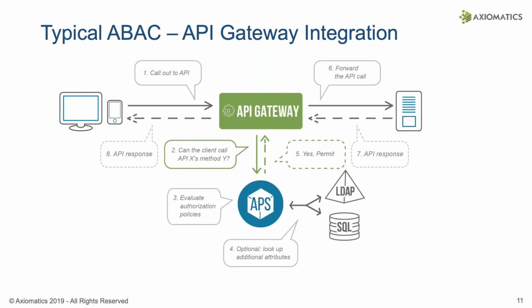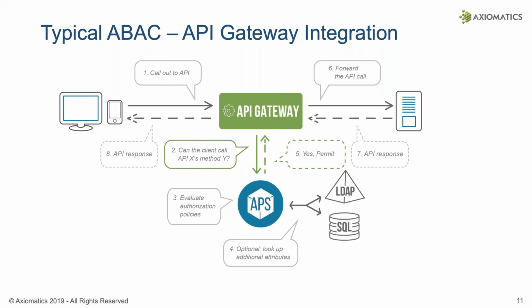And what we do here is that there's a call to the API. The API gateway is intercepting that. And in our world and in terminologies that we use, the API gateway becomes what's called a policy enforcement point. It is responsible to intercept the call and